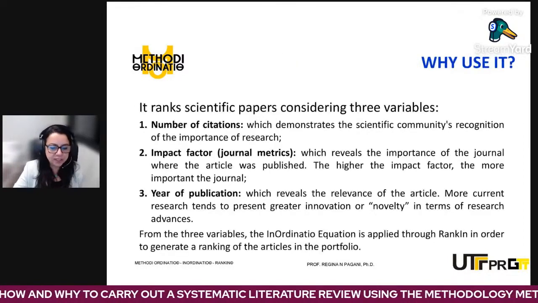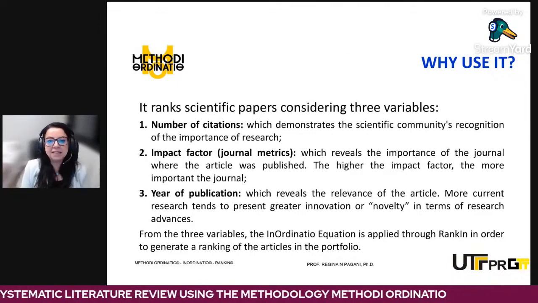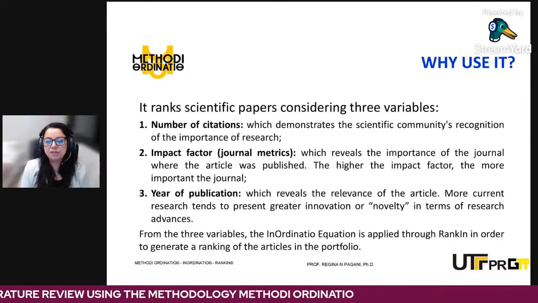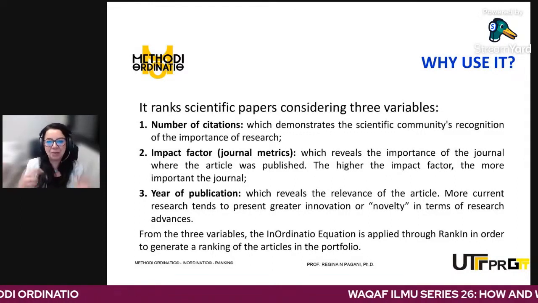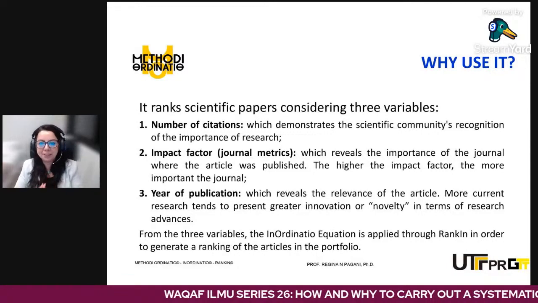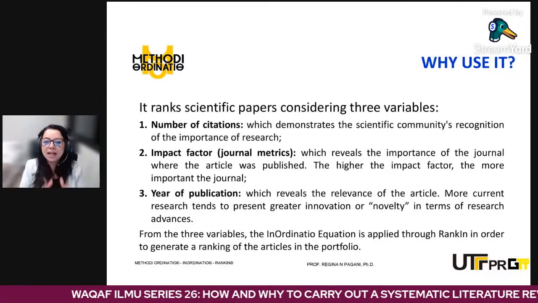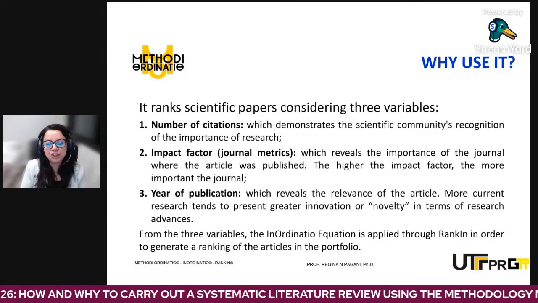And that was when we came with this assumption that the 3 most important variables to be considered are number of citations, impact factor, that nowadays we changed and we call it journal metrics. Why do we call it journal metrics? Because some researchers